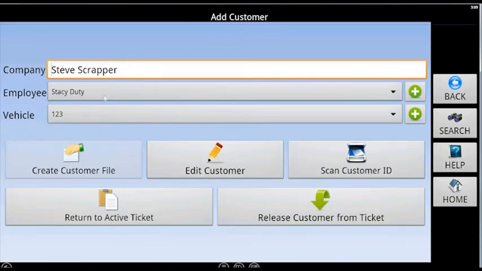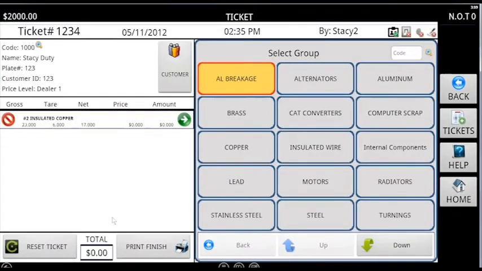When you go back to your ticket, you can select the employee that's on the scale, you can select the vehicle that's on the scale, and you can return to the active ticket. It'll then pay the ticket out to the business, but leaving the employee or whoever delivered the material on the scale. So pretty simple, nice new feature, makes it real quick and easy across scales to select the driver and the company or the business that's on the scale. Let's go ahead and take a look at some new features in our Boss Back Office.